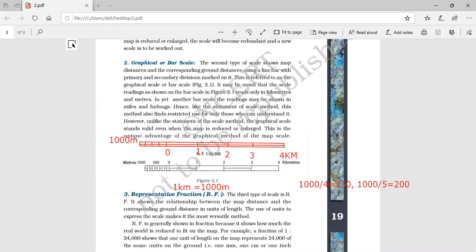Now, next, we have this line. It's not compulsory to write the names of all the lines, because the lines will be congested. So you can just show some lines. Okay, if this is 0, since I have divided before, this line will be 250, and this line will be 500. If it is possible, I'll write somewhere outside and show it with the help of an arrow. So this will be 500.